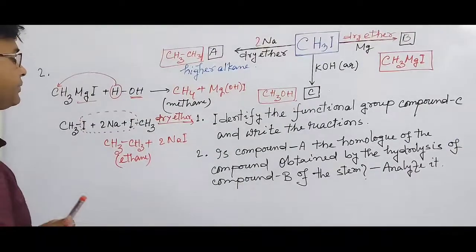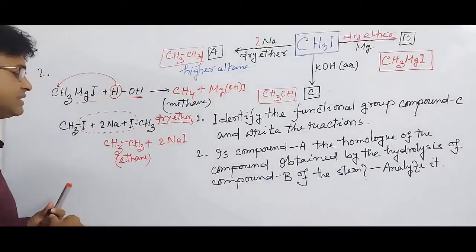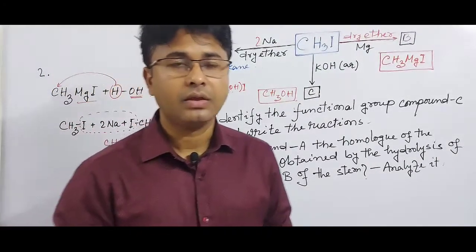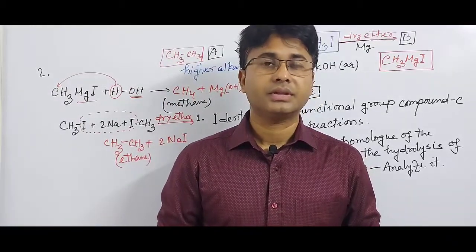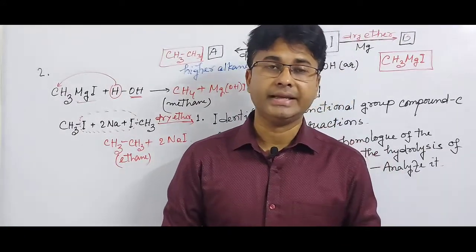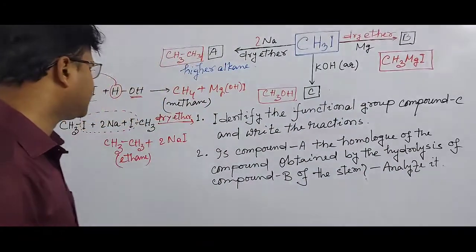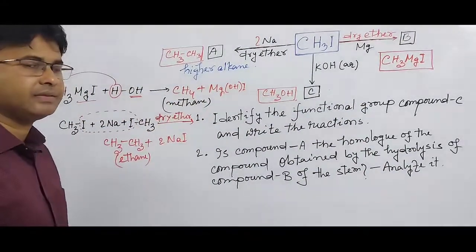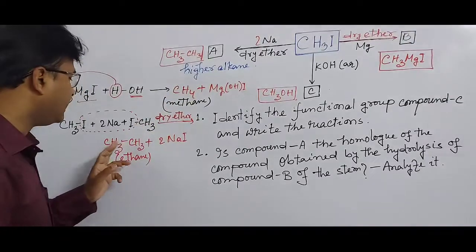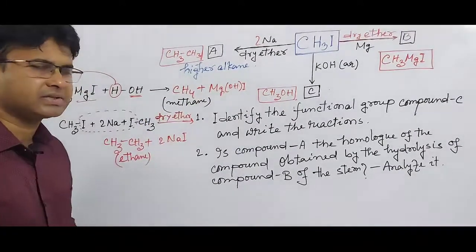Now my question: ethane and methane are homologs of the same series. Students, you have to understand what a homolog is. Each member of a homologous series is known as a homolog of the others. Here our concerned compounds are methane and ethane. Both compounds are formed by carbon and hydrogen atoms, so I can say both methane and ethane are hydrocarbons,